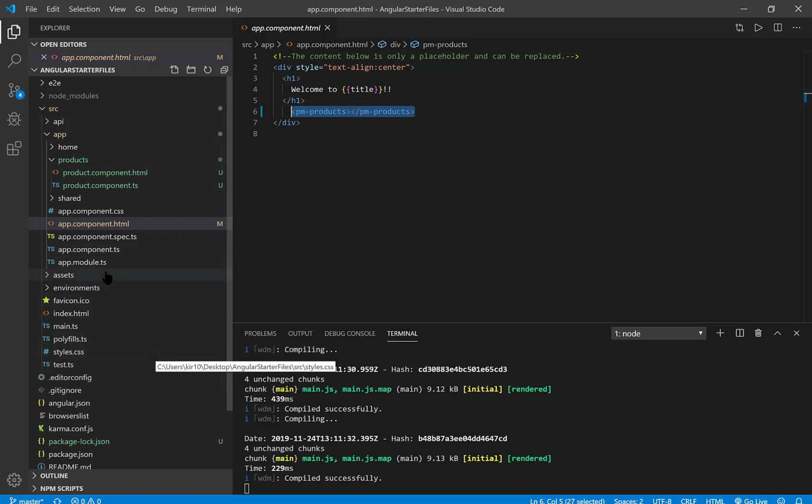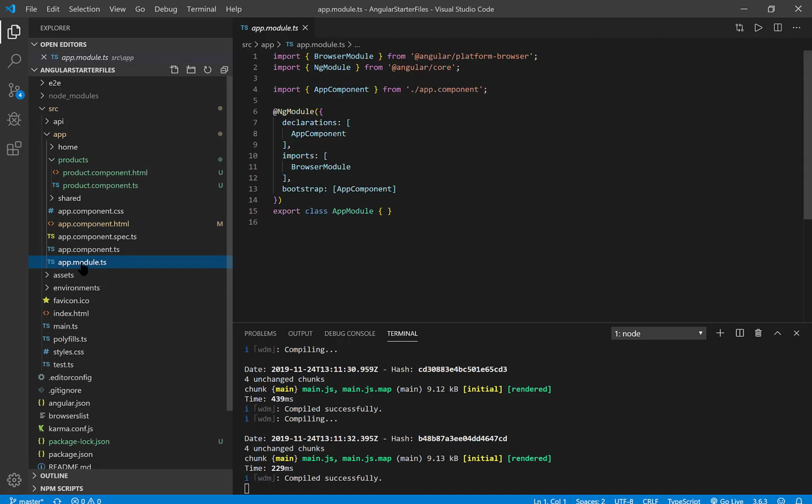I want to direct your attention then to app module.ts. So it's still in the source folder, in the app folder, and then app module.ts. So this is where we're headed. All right. So the app module is the owner of the components. In other words, our Angular application is made up of a module that owns lots of